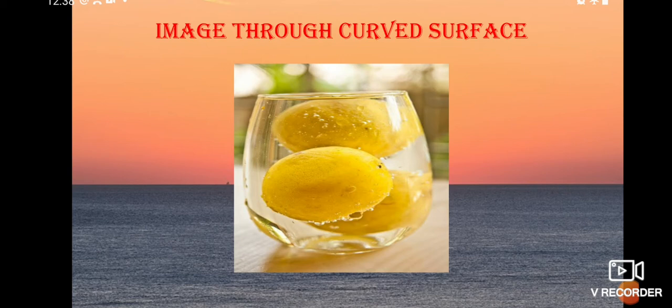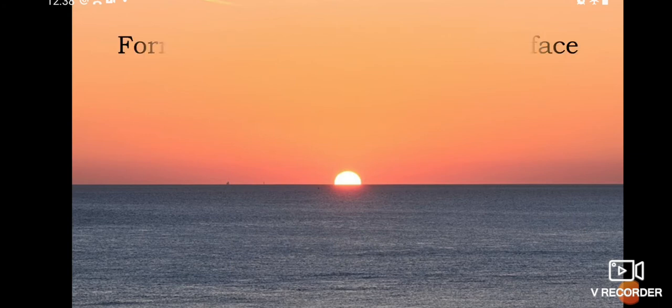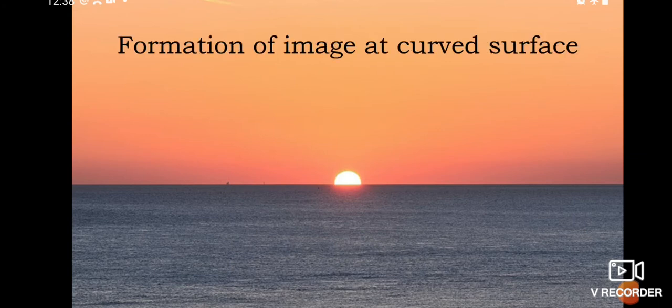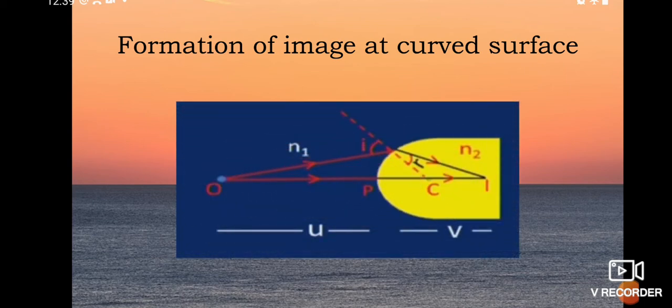Now, formation of image at a curved surface. How is the image formed at a curved surface? Now we can get an idea about this by the ray diagrams. Okay students, see here. This is the ray diagram. You see here, when we take a curved surface